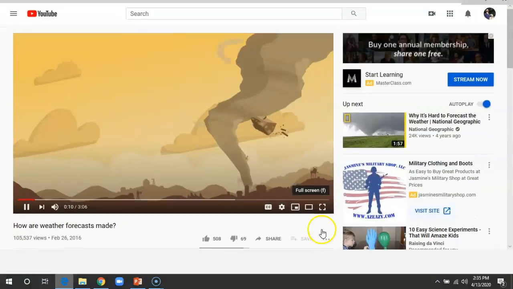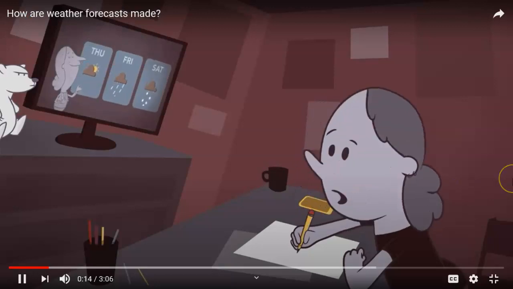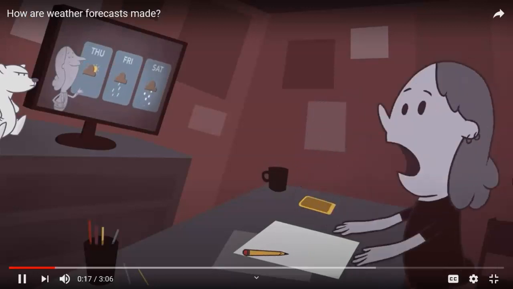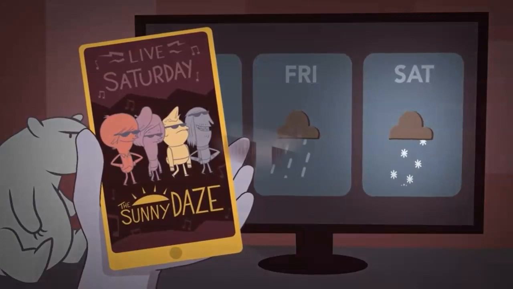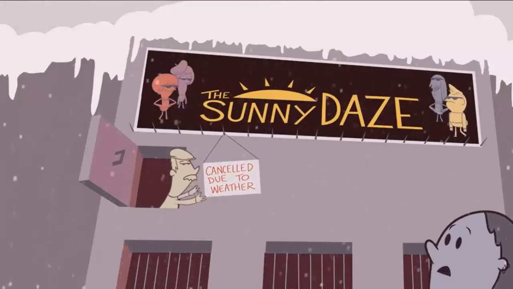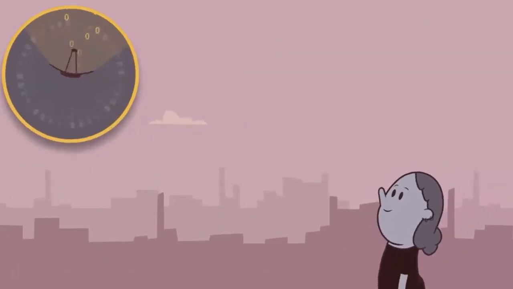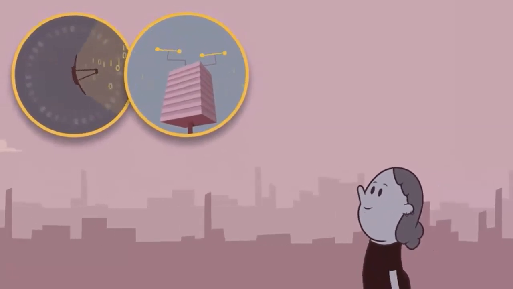Weather is one of the most powerful, important forces on Earth. But how do you know what the weather is going to be like so you can plan ahead? A lot can go wrong if you don't plan for the weather. While you're busy with your everyday life, a global network of gadgets scan and measure the atmosphere, collecting data from